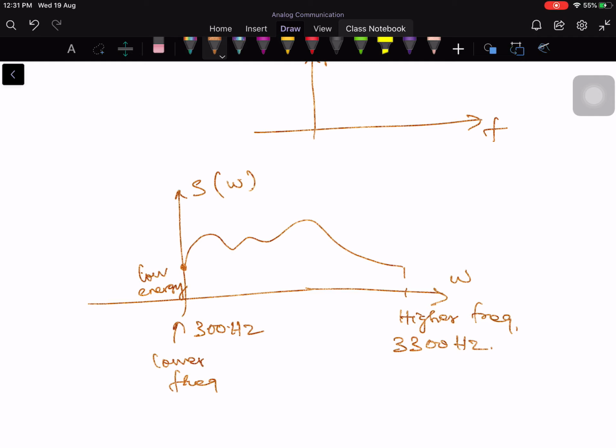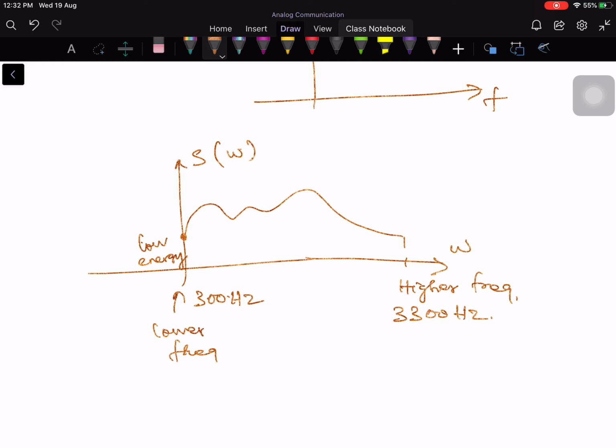So if you model the speech as a random signal, in fact it is not really all that random, although there is some randomness in it. Of course, let us assume our speech signal is a random signal. So one can see that the power spectrum of a typical speech signal looks something like this. It slowly goes up and reaches a peak value, starting from lower energy at the lowest frequency end.